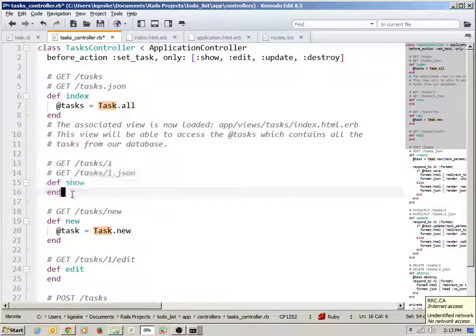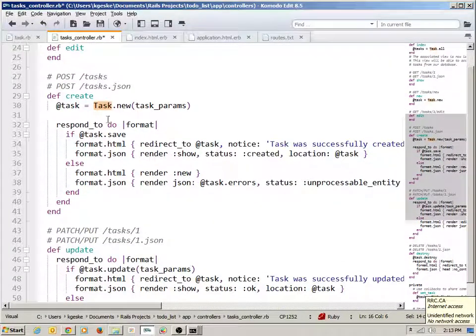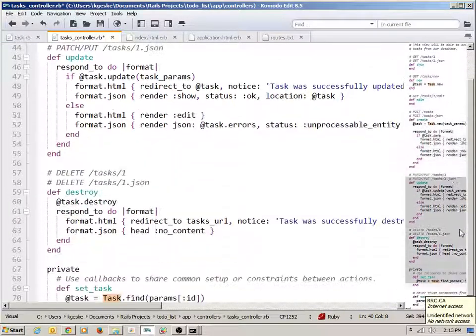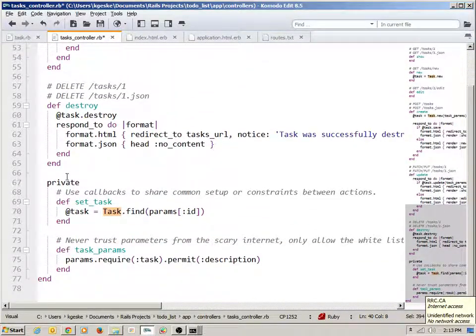Some of the methods here have nothing in them. Some of them have a bunch of stuff in them. And then there are some private methods down below. One of the private methods is called setTask. All it does is make a request to the model to find a particular task. And here it's saying params at position ID. Params is a special hash where all HTTP parameters end up. And HTTP parameters are either things that are posted to us by way of forms or things that are